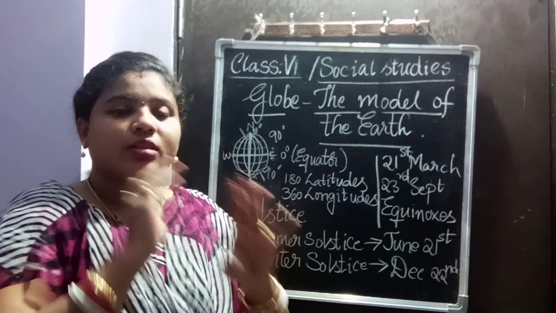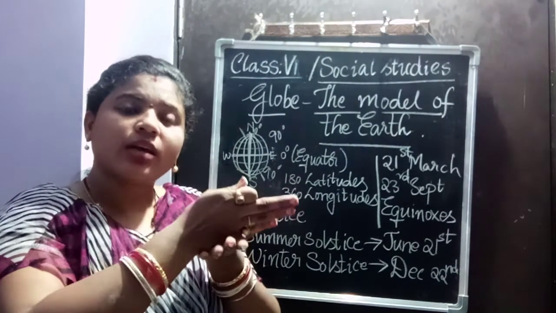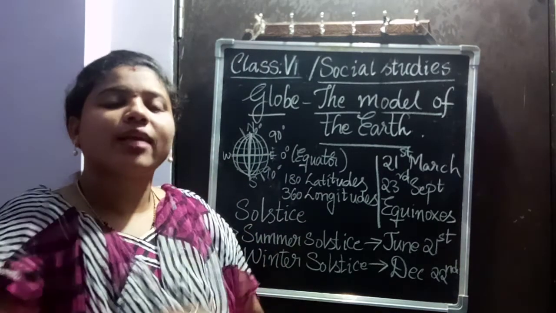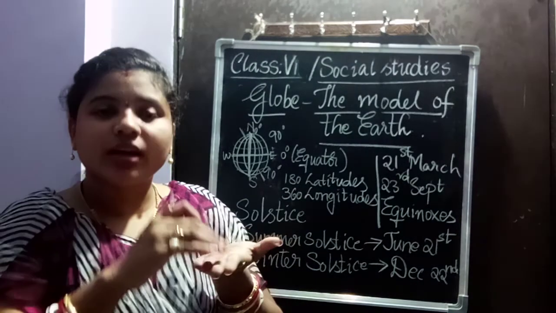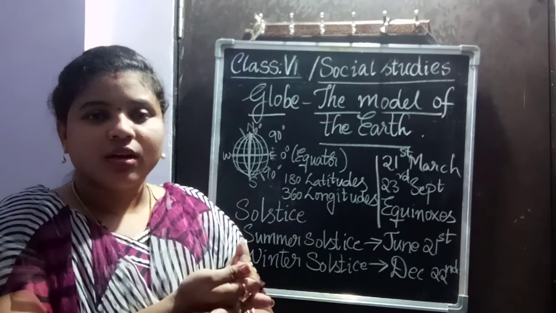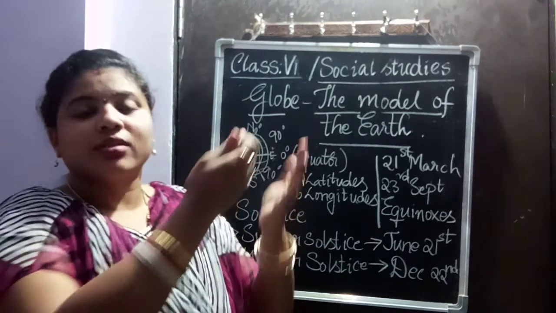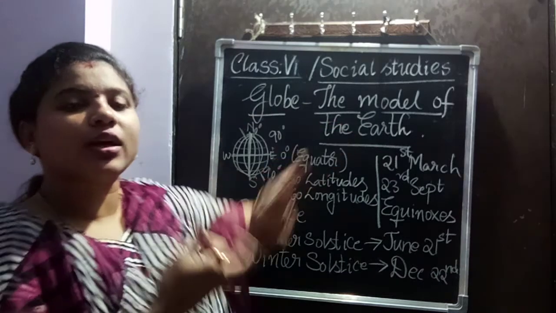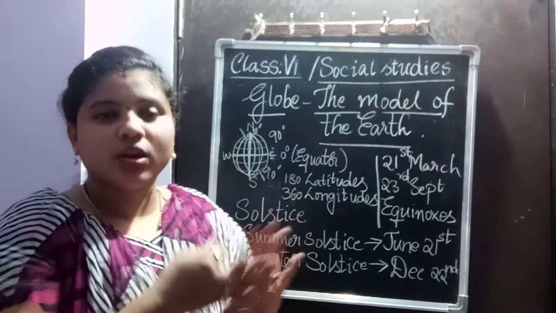What happens here is that the sun, the earth and the moon come together in a straight line, and that causes the solar and the lunar eclipse. In the path of the sun and the earth, where the rays are directly falling, when the moon comes in between, usually in summer, this is the solar eclipse. That means the rays of the sun are stopped by the moon from falling directly on the earth at that time.